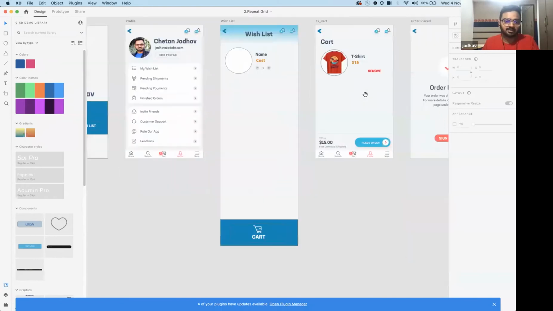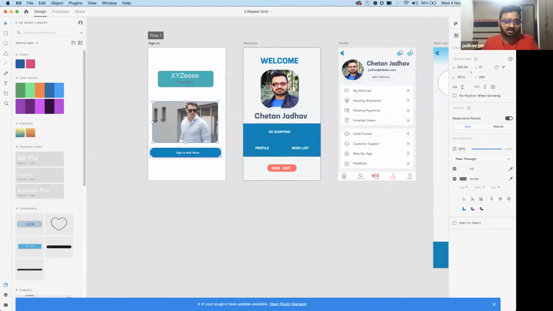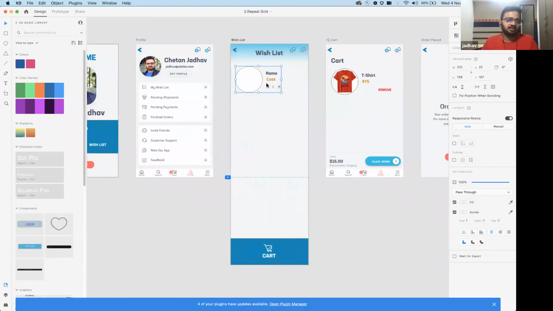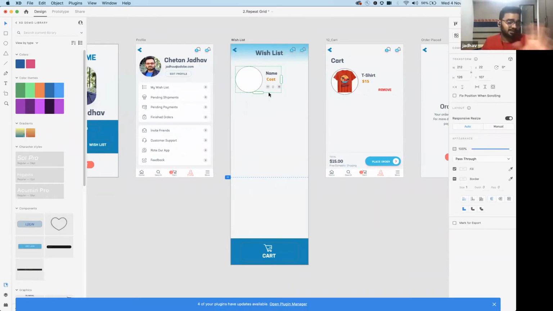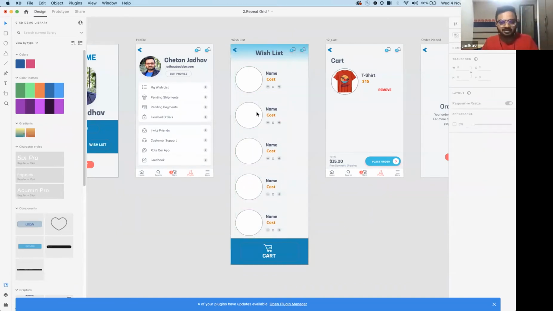For example, this is simple. You can do this within Illustrator or Photoshop, but what you can do within XD is, for example, I want to create a wish list. Not a problem. I can use my repeat grid tool here. So I'm talking generally about XD, not the Max feature. This is for people who are not interested in XD, but still I want them to see what XD does. With repeat grid, I can quickly make, let's say, 5 copies, similar to what we saw in Illustrator for iPad, right? So these are placeholders. So I'll keep it here.